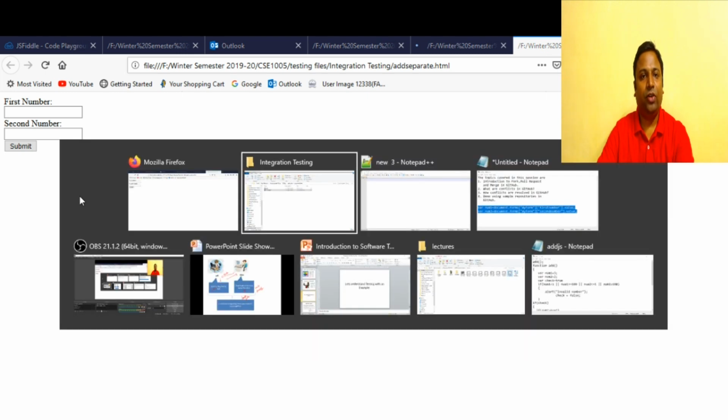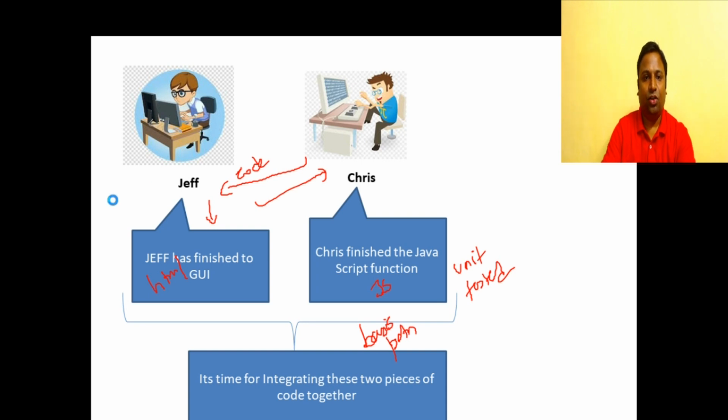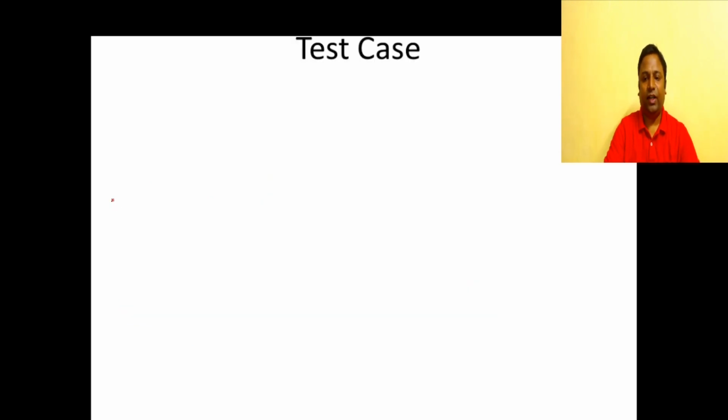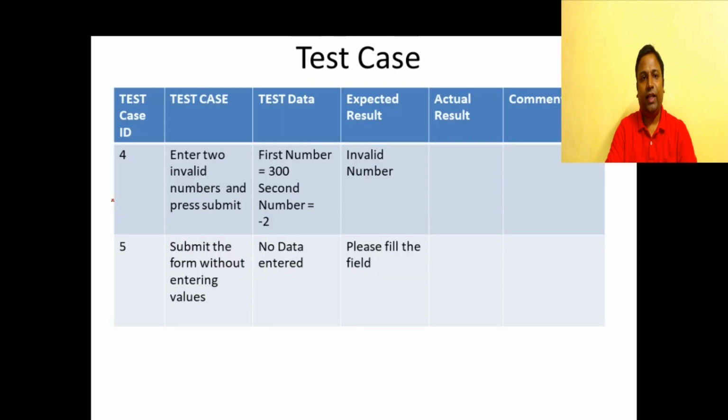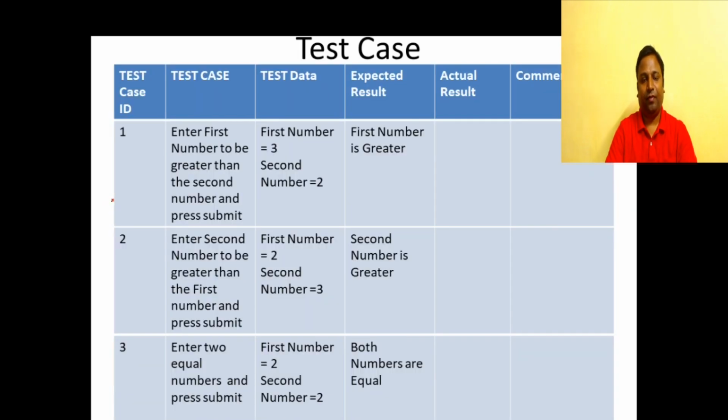So how they are going to test this system is, they are going to run a series of test cases. It's not just entering some random input and checking for random output. We're going to have a formal way of testing. We're going to run all the test cases again. From where do we get the test cases? From the unit testing they have done, they already have the test cases. They're going to take the test cases again and run them on their system. So let's start testing this system using the test cases again.